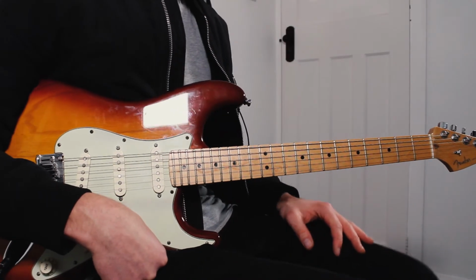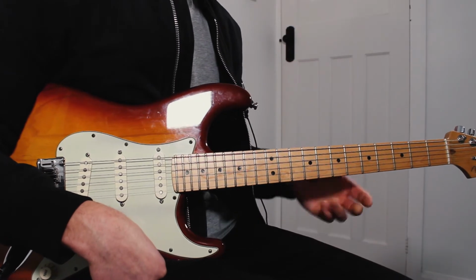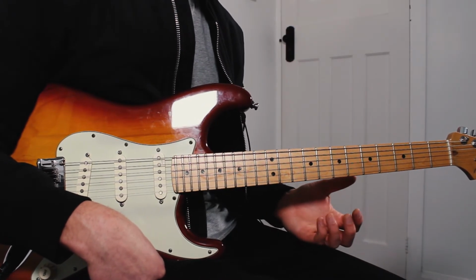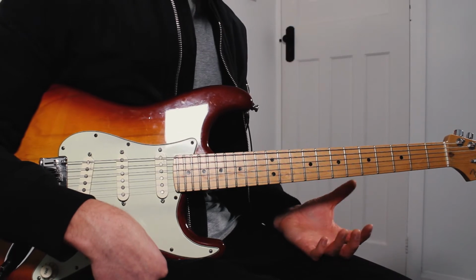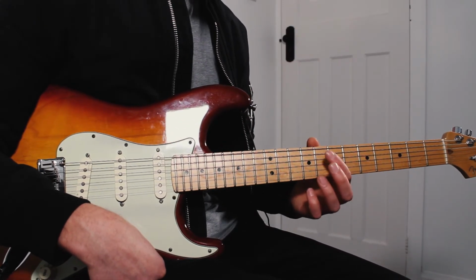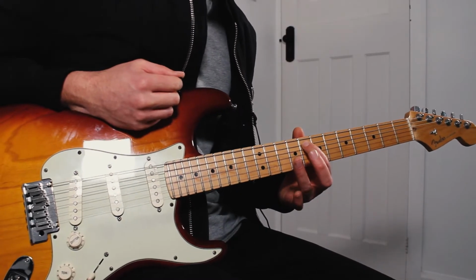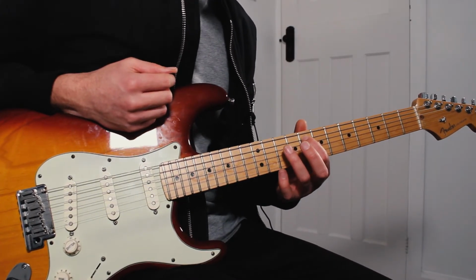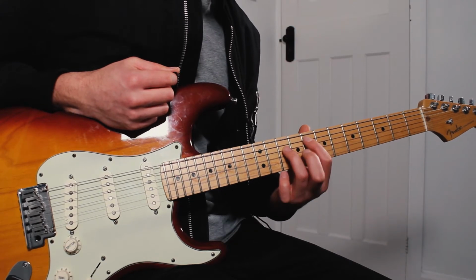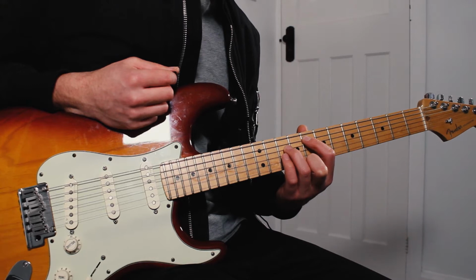On to the verse section then. This happens twice in the song. So the first time we're going to be using an F power chord, now also known as the 5 chord. We're going to be putting our first finger into the 8th fret of the A, our 3rd finger into the 10th fret of the D, and our little finger tucks in underneath into the 10th